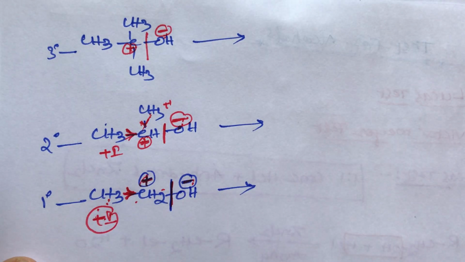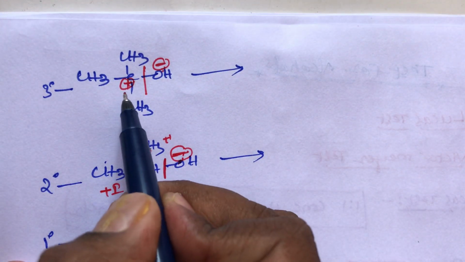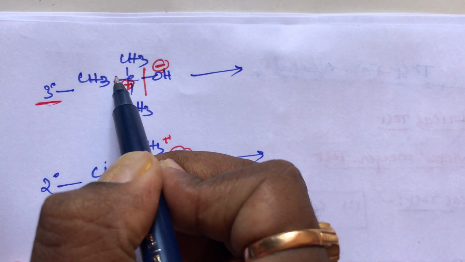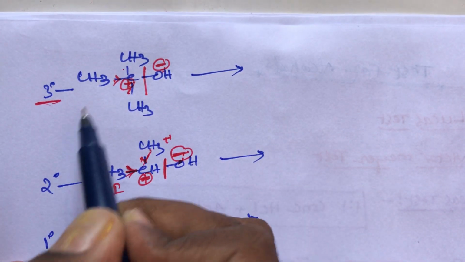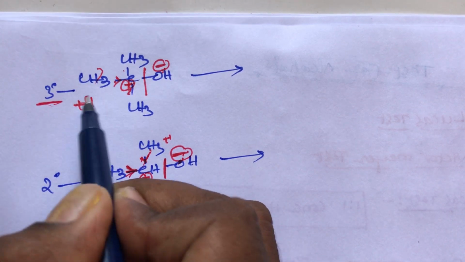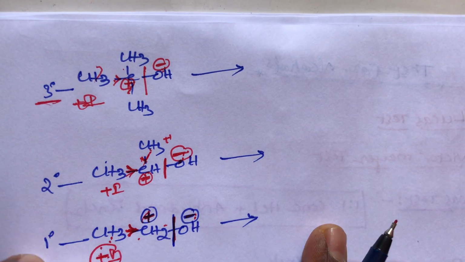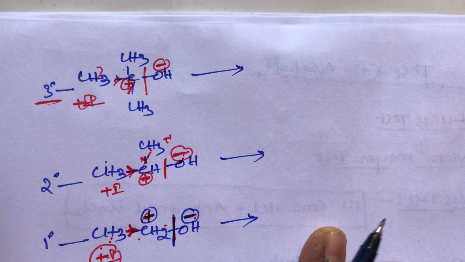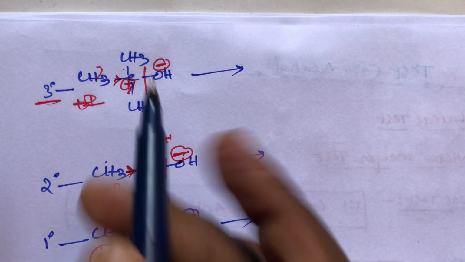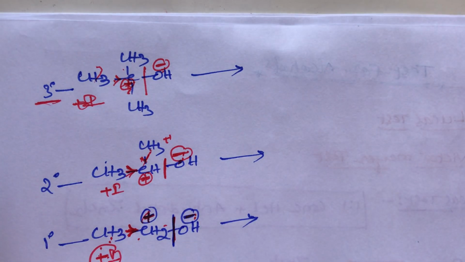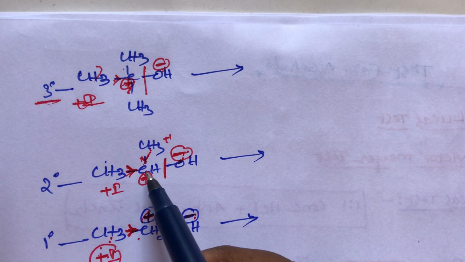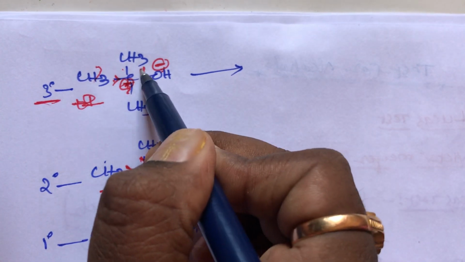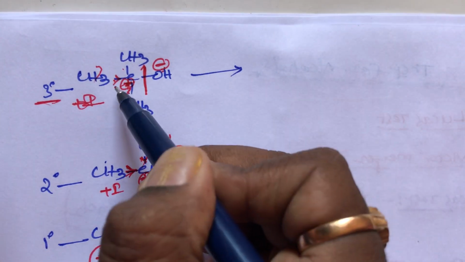And what about the C compound, students? This C compound is the tertiary alcohol. This tertiary alcohol has three methyl groups. Three methyl groups are more electron releasing. These three methyl groups belong to the plus I group. With more plus I groups, it is more electron releasing. So that's why here the positive charge is completely decreased compared to secondary and primary. Here the positive charge is completely decreased, so the attraction is very weak in tertiary alcohol.